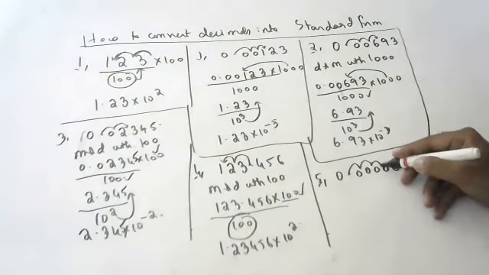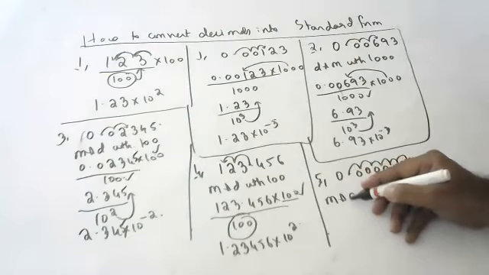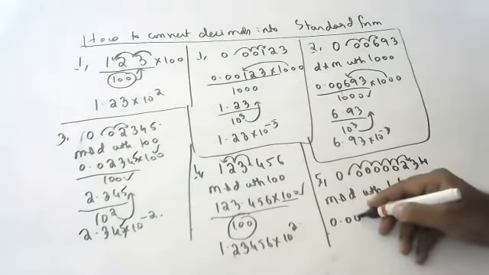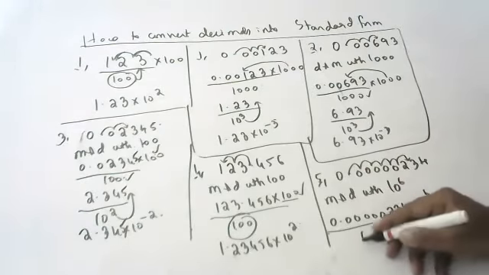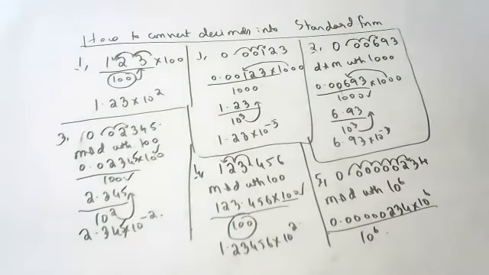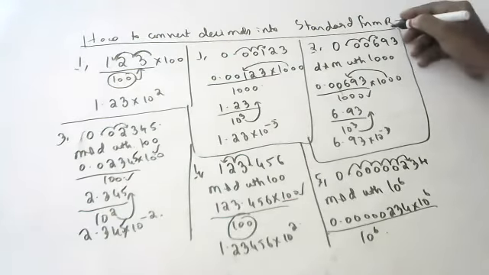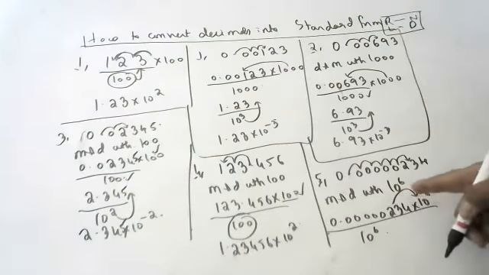1, 1, 2, 3, 4, 5, 5, 6. Multiply and divide with 10 to the power 6. So 0.000000234 into 10 to the power 6 by 10 to the power 6. We will use numerator or denominator for putting decimal. Numerator, very good, because if it is coming right, use numerator. If it is coming left, use denominator. Okay, children, so this is used for putting decimal.